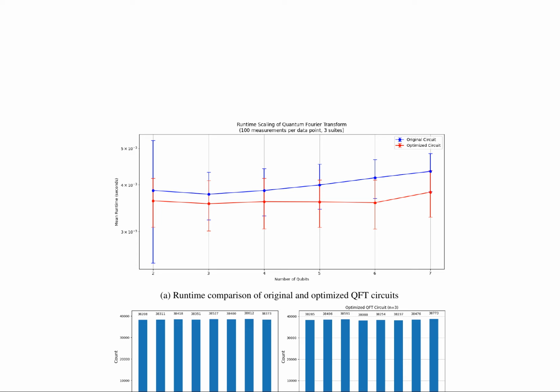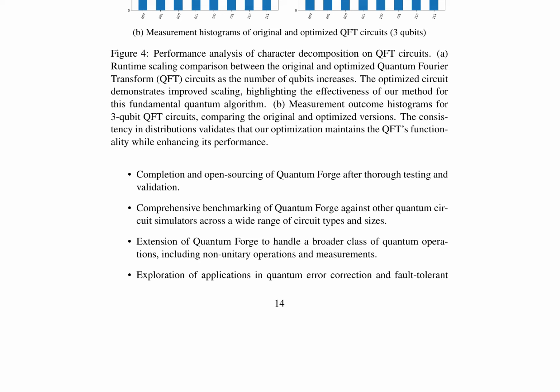various quantum computing applications. Part B of Figure 4 illustrates the measurement outcome histograms for 3-qubit QFT circuits, comparing the original and optimized versions. The consistency in distributions validates that the optimization maintains the QFT's functionality while enhancing its performance. This is crucial for ensuring that the optimized circuits behave similarly to their original counterparts in terms of quantum state